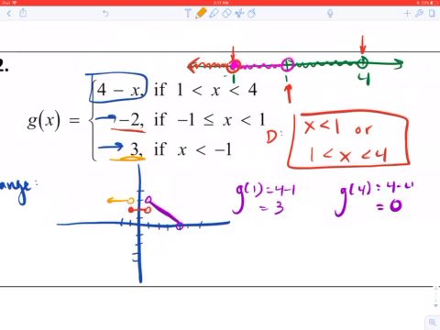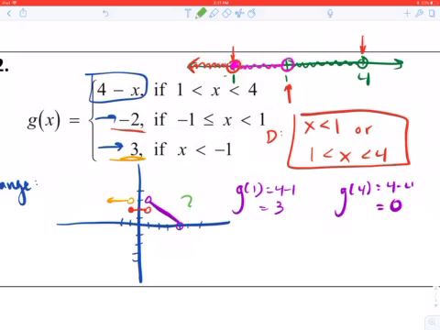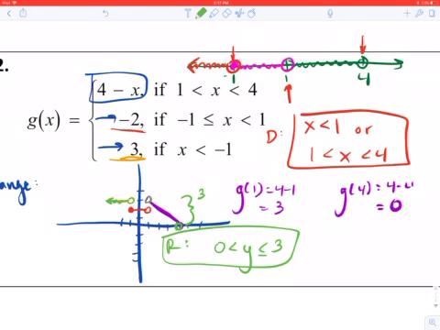Alright, so I can tell my range will never go outside of this little window here. So the highest it could be is 3. Even though I have an open circle here and an open circle here, these are solid circles if I was to fill them in. And the lowest point it gets to is 0. So my y's would be less than or equal to 0 or strictly greater than 0, and that would be my